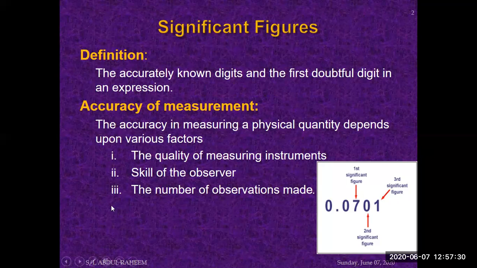What are the 3 points to consider? Quality of a measuring instrument. Most of the time in measurements, we see the least count of the instrument. Suppose the least count of the instrument has 3 digits, or 2 digits, or 4 digits. Your answer cannot exceed the least count of that instrument. Least count means this is the maximum precision with which you can measure, and beyond that you can't take the measurement with that instrument. So you have to restrict yourself to the number of significant figures in the least count.